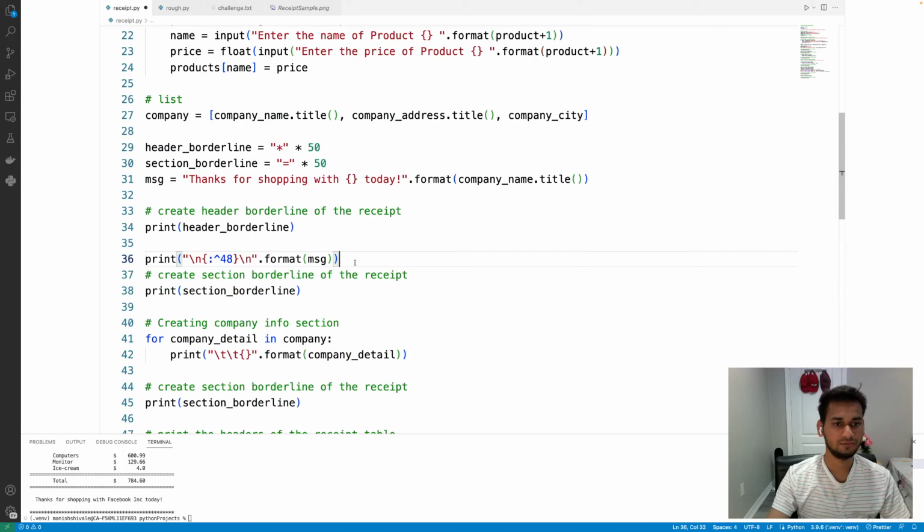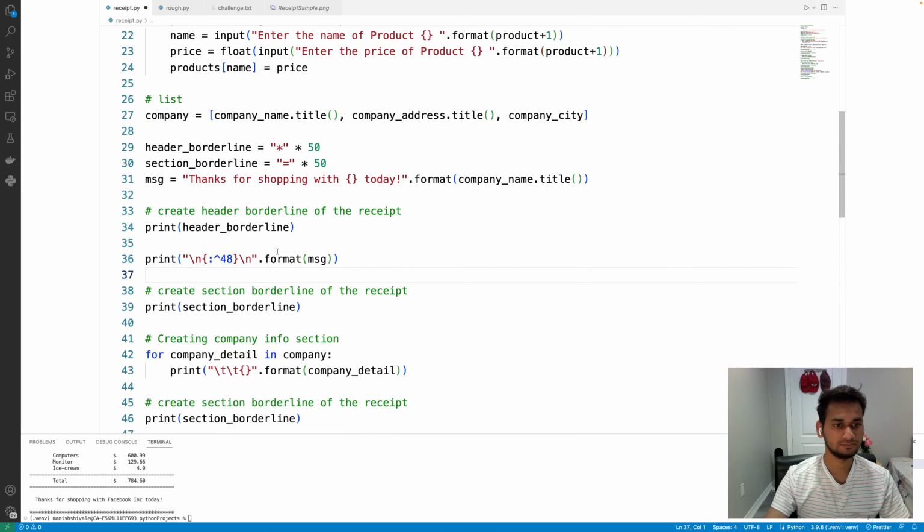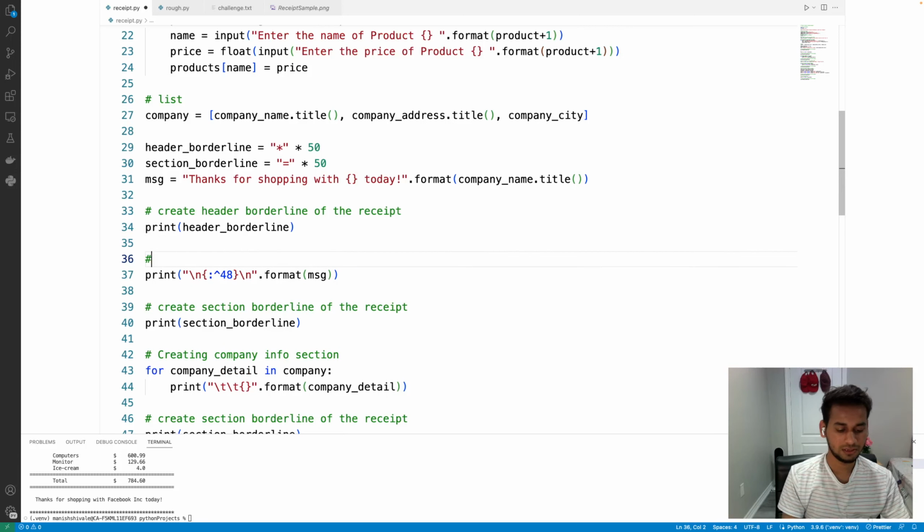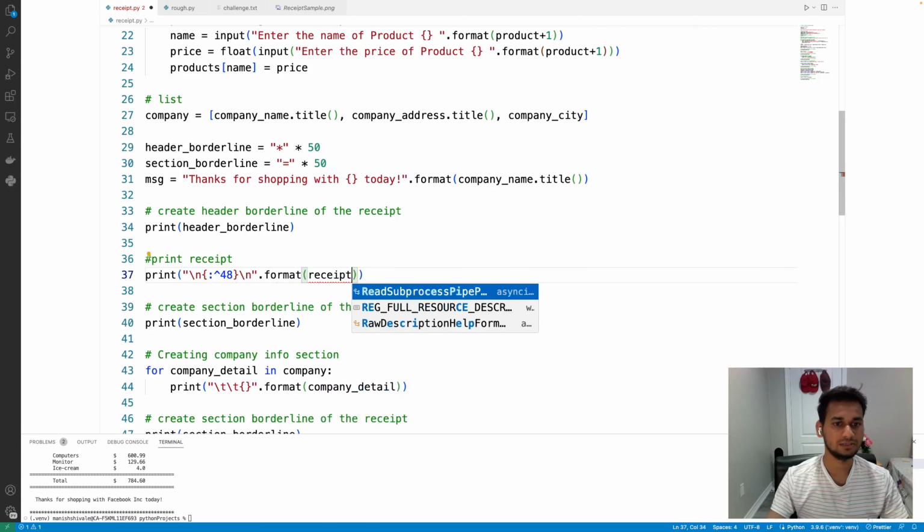So instead of say print, say header, right? Print receipt, but in some amazing formats. I'll say receipt, just say receipt,